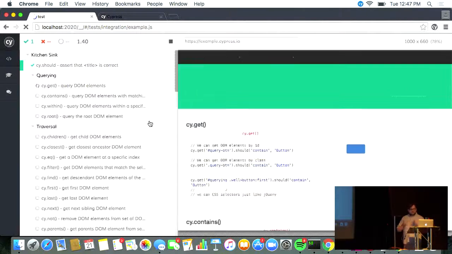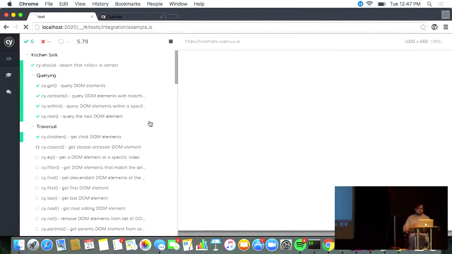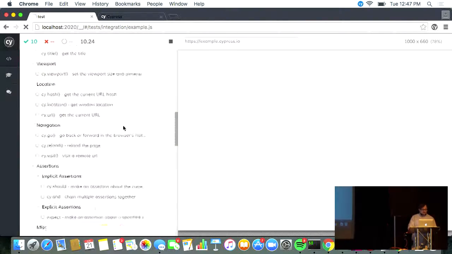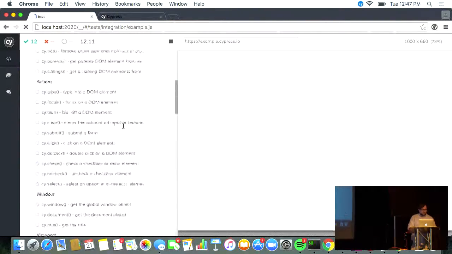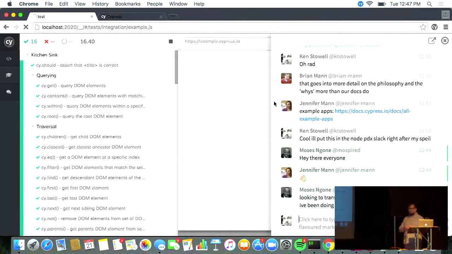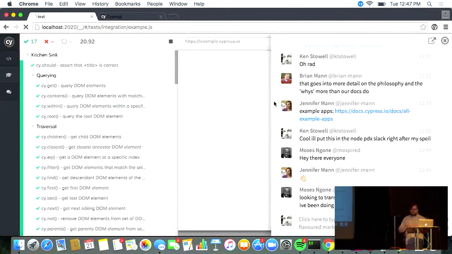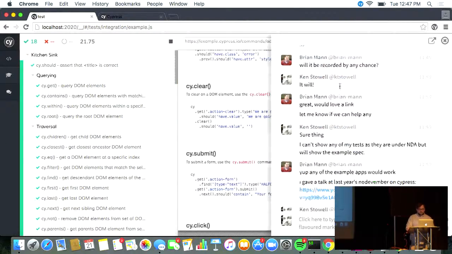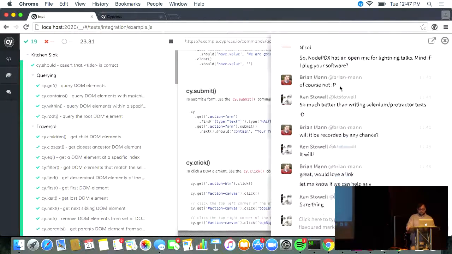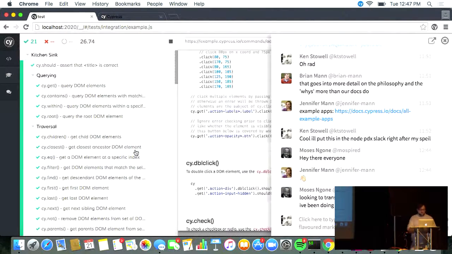But what's kind of nice is it encapsulates your browser in an iframe and then runs through the specs so that you can see them run side by side. And while this is running, I'm going to show that they also have this awesome little Gitter chat window here, where the developers in the community are actually pretty involved. And in fact, I've been chatting with them several times this morning, just based on some things I was wanting to do or try. So as this is done running,